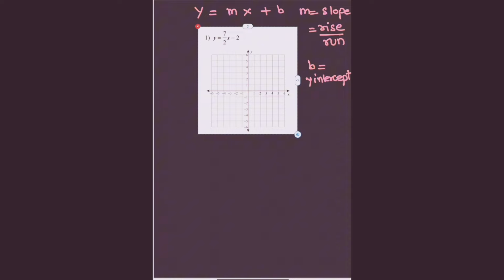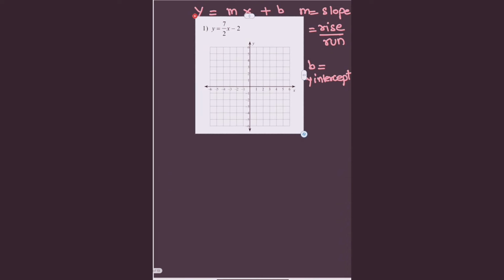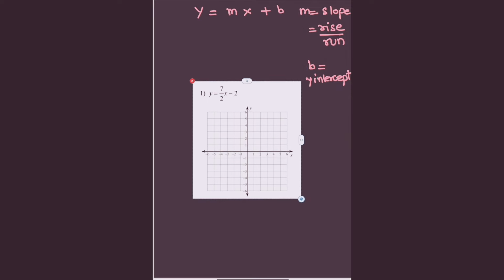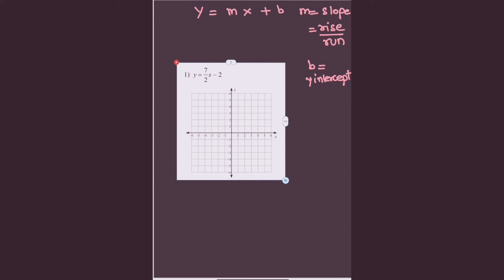So where is your y-intercept? The y-intercept is on the y-axis, and the y-intercept is also when the value of x is equal to 0. So let's figure out what the slope is and then what the y-intercept is to graph this equation. The slope here is 7 over 2, and we can see that from the given equation y equals 7